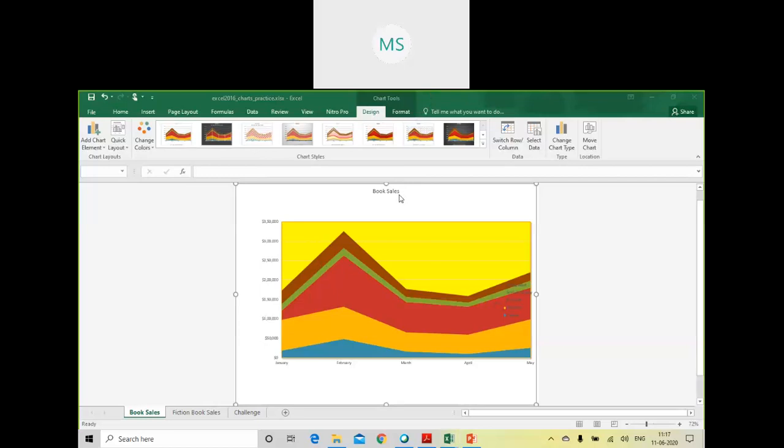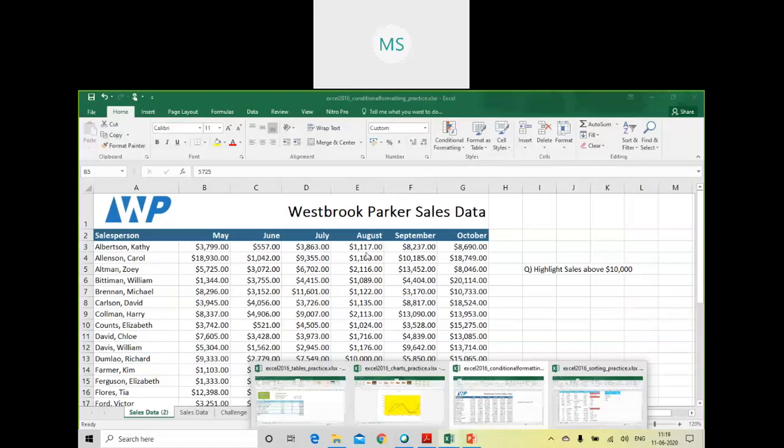So now as I can see, the chart is over and you all are familiar with this particular topic, and you all said that yes, it is all understood by you. So now I will quickly move to the next section of today's topic, that is conditional formatting. So now we'll move towards conditional formatting. That is the last topic of today's session.